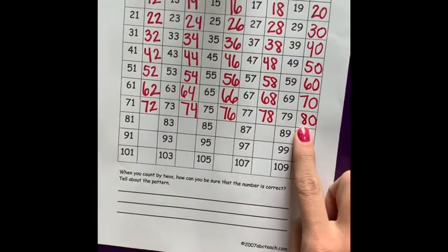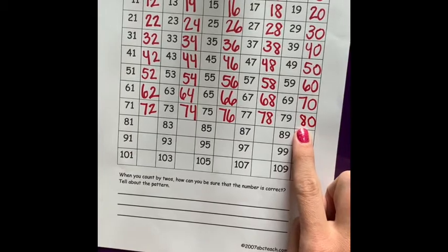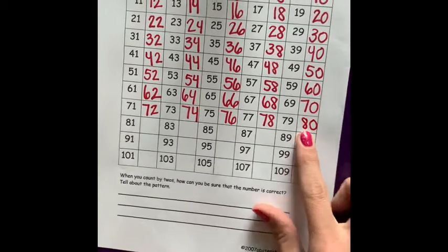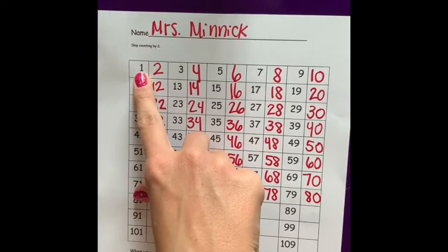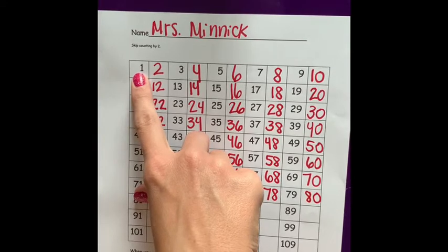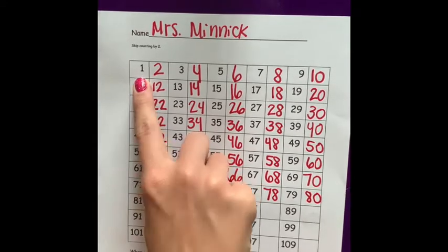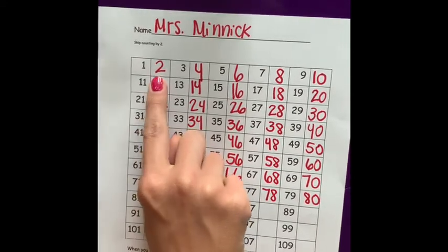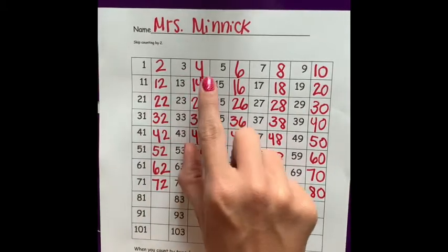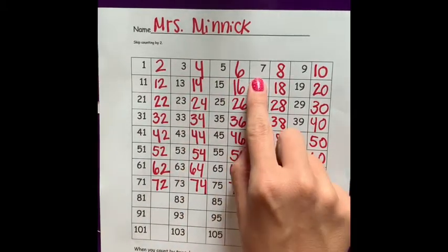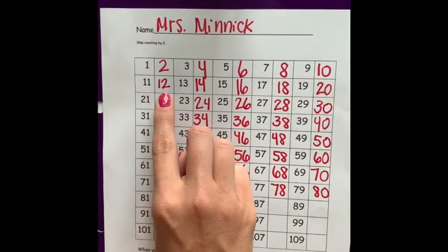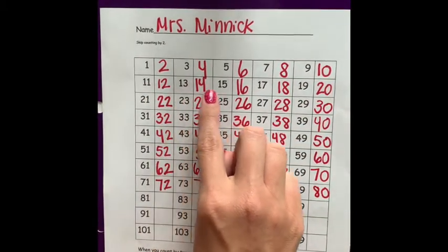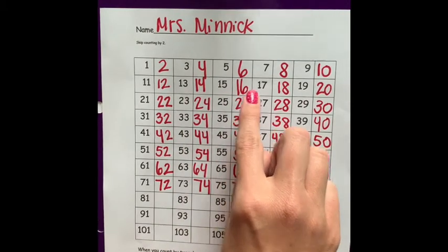Let's count by ones all the way to 80. Do you think we can do that? Can we count to 80? I think we can. All right, let's point to number 1 on our charts. That's okay if you don't have a chart in front of you. You can put your finger up to the computer screen and count with me. All right, let's begin. 1, 2, 3, 4, 5, 6, 7, 8, 9, 10, 11, 12, 13, 14, 15, 16,